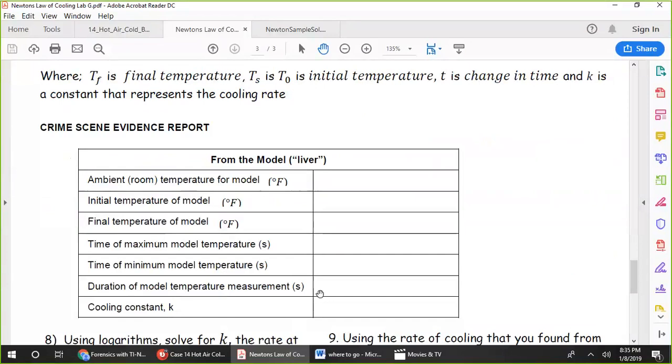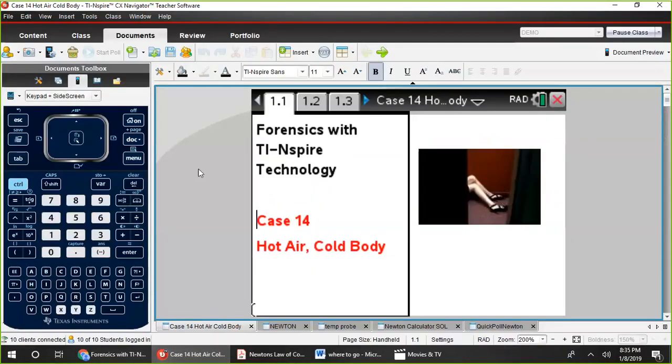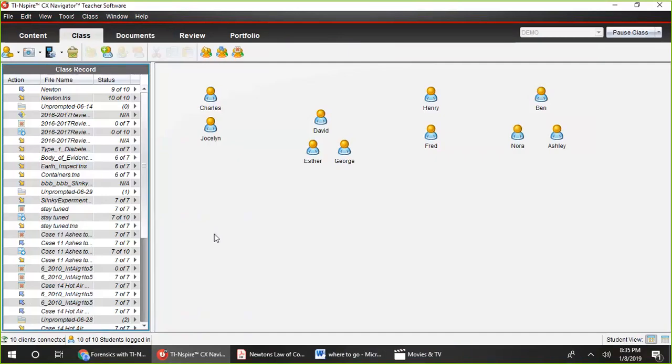As Audrey mentioned, I've set up a small demo class in the Navigator with previously collected data. I've started the class, which would happen up here where it now says End Class. I've logged in the students, which is why they're all blue. And I like to group my students with their lab partners, so I moved the icons, which can be moved wherever you want to. But this makes it easier for me to transfer files later on.